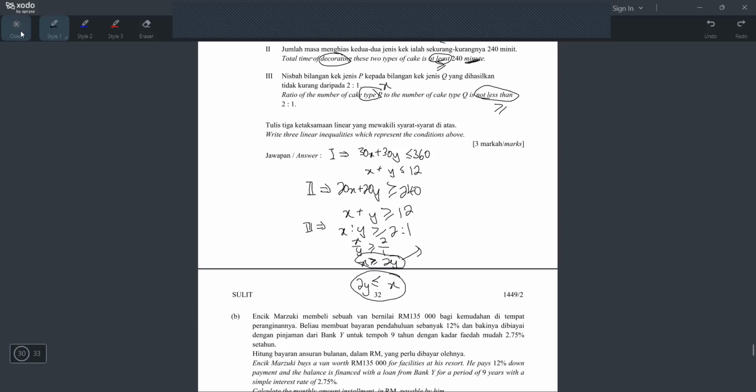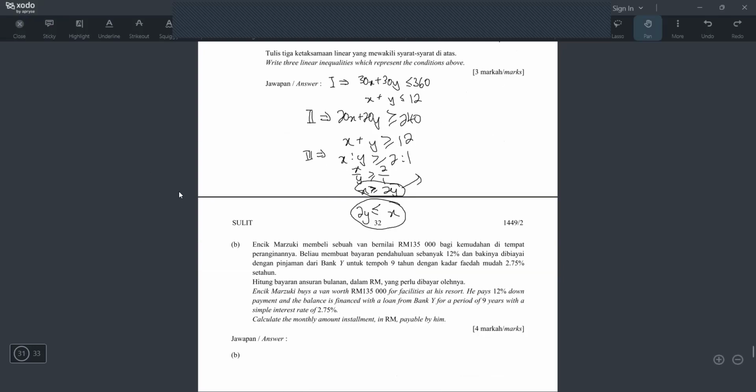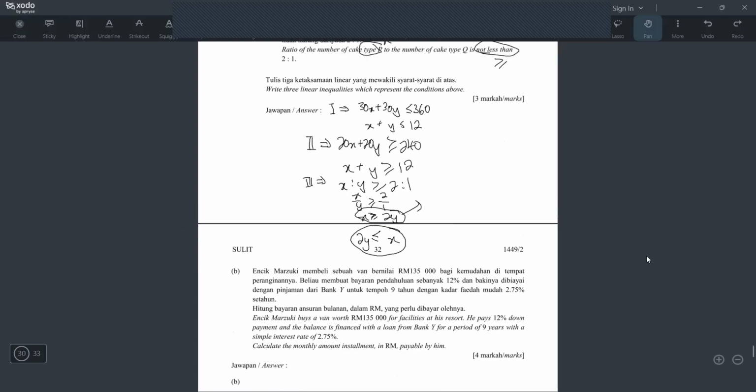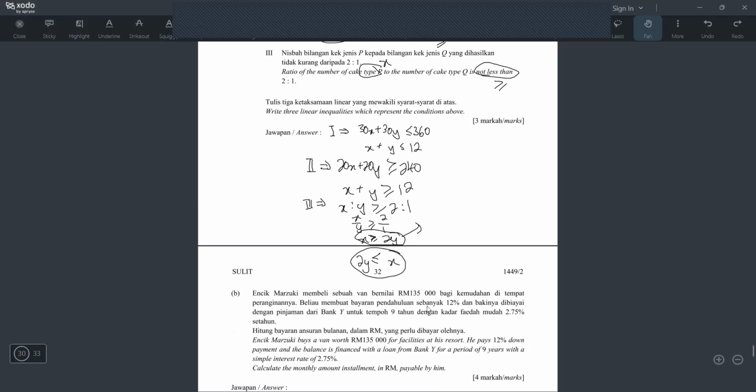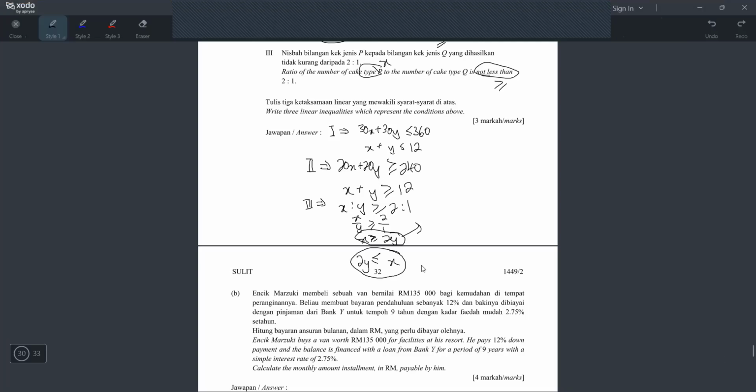You choose. I'm very curious how they write it. Okay, I will check with the schema lah. Let me see how they write it. The schema writes y smaller sama dengan 1 over 2x. Which is correct also. So the schema actually writes like this, y smaller sama dengan 1 over 2x. So actually you write like this also can. But sebenarnya macam ni pun boleh tau. Macam ni pun boleh, tak salah. Believe me. So you pilih lah mana-mana you mau. Tapi kalau you tanya saya, usually I will just stop here already. Okay, so boleh. Alright.